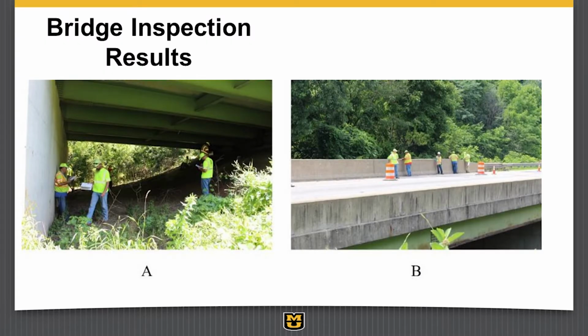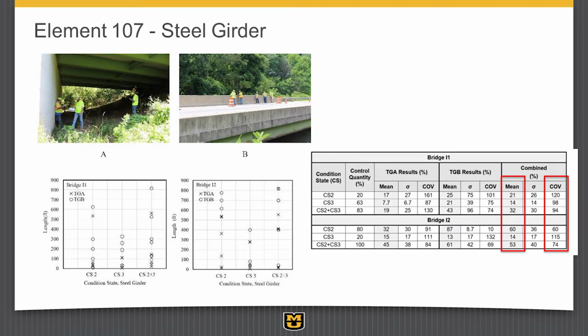We did other stuff that was in the field, on actual bridges, a couple of bridges on I-65, in the West Lafayette area, actually. And here you see the spread of results, for example, the steel girder element for corrosion damage. So again, this is condition state 2 results. We get results somewhere from 0 up to 600 square feet. Condition state 3 results somewhere close to 0 up to 300 linear feet, excuse me.